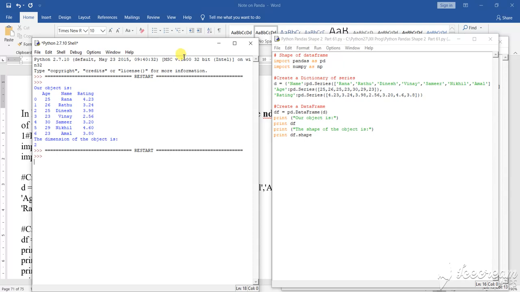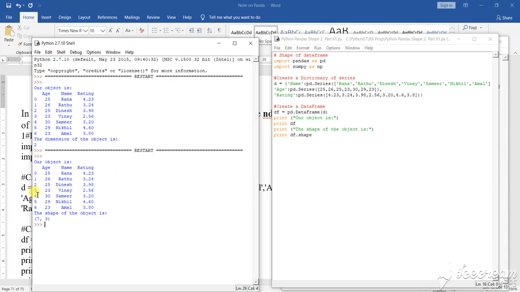So this is how you will find the shape of the particular data structure or the data frame when we are working with the particular data dictionary. Now in this data dictionary, what you see is that first I have taken a series of names. Some names are there. So after the series of names, what is there? See here. Now you see here, what is the shape of the object? Shape of the object is 7 comma 3. So how 7 comma 3?